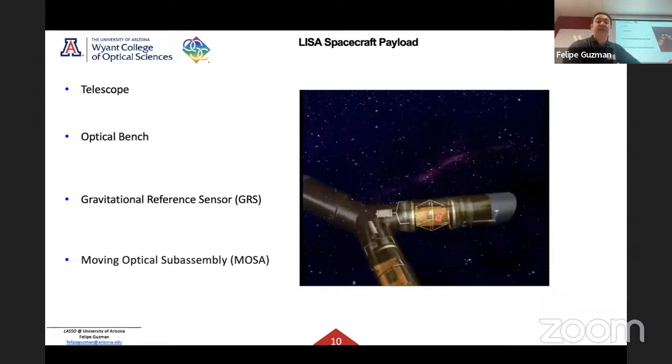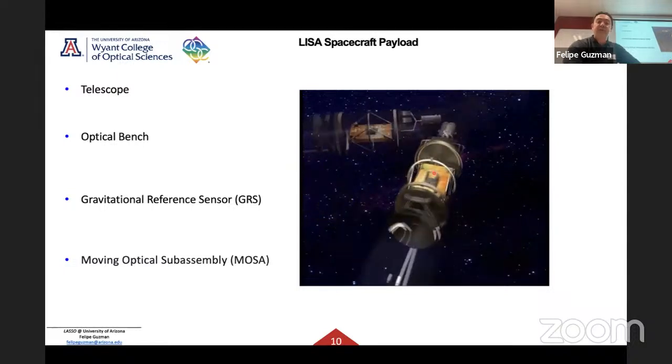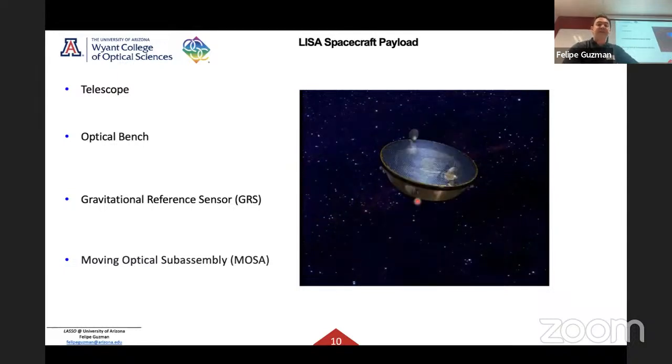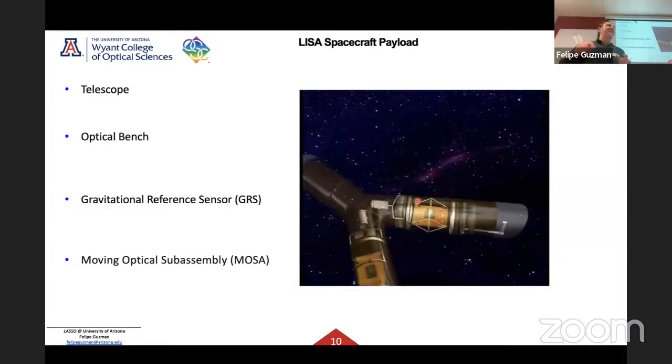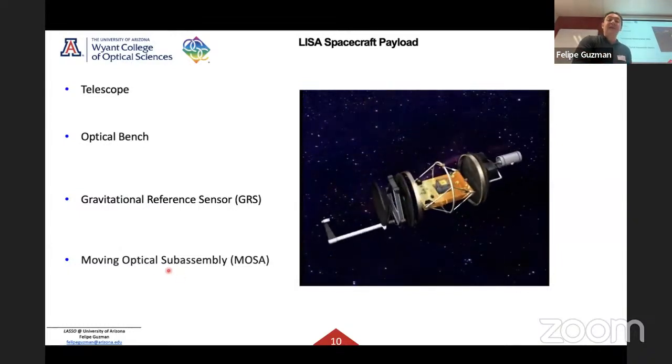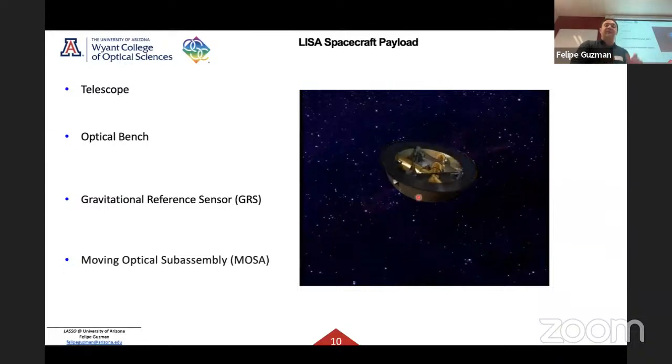All these spacecraft have this sort of Y structure here containing payloads, and each one of the payloads is identical. They carry a telescope, an optical bench, a gravitational reference sensor, which is sort of our test mass, our black dot in that diagram that I showed you earlier, and something that we call the MOSA, the moving optical subassembly. So this Y structure